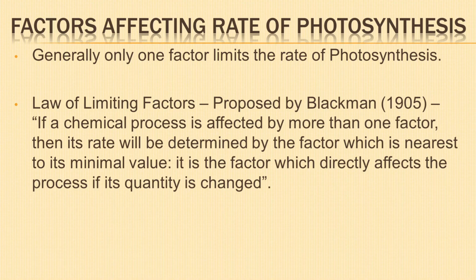So today we have learnt in detail about the mechanism of photosynthesis in higher plants, differences between cyclic and non-cyclic photophosphorylation, C3 and C4 plants, photosystem 1 and photosystem 2, light and dark reactions, Calvin cycle, Hatch-Slack pathway, and also the various factors that affect the rate of photosynthesis.